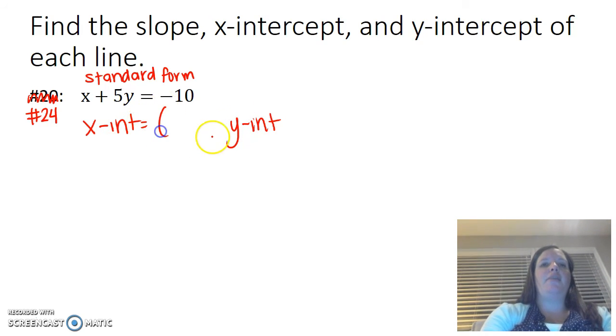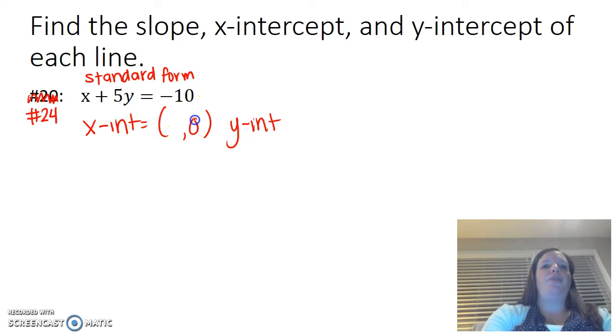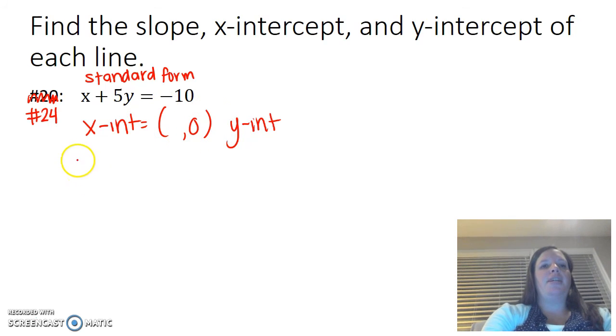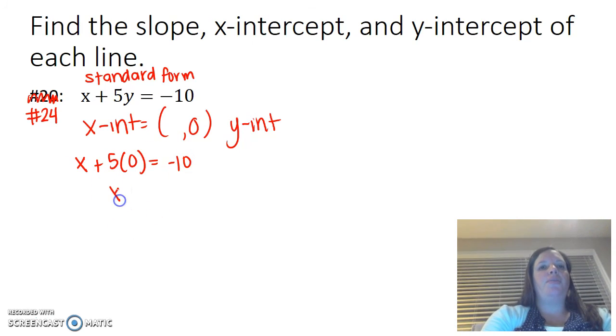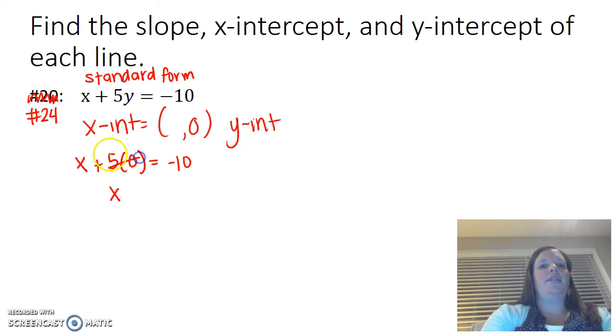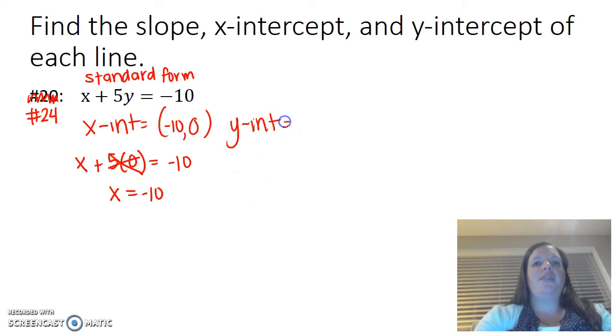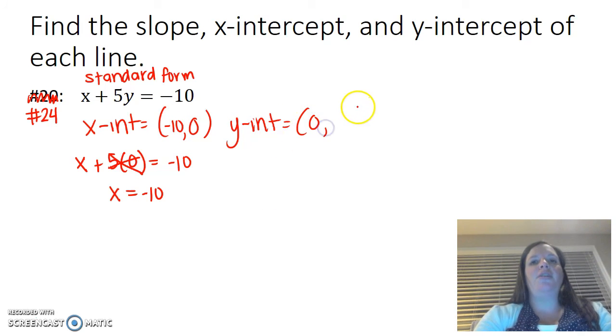Because, again, think about how do I find my x-intercept? I know that the y value is 0. So if I take my equation and I plug in 0 for y, all I have to do is solve. 5 times 0 cancels out as 0, and x is negative 10. There is my x-intercept. If I want to find the y-intercept, I know that the x value is 0 because